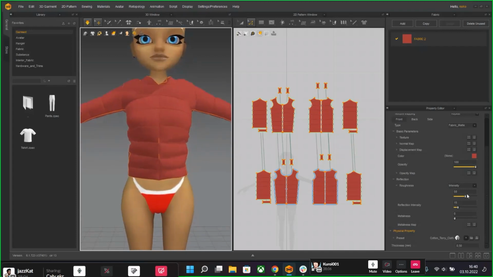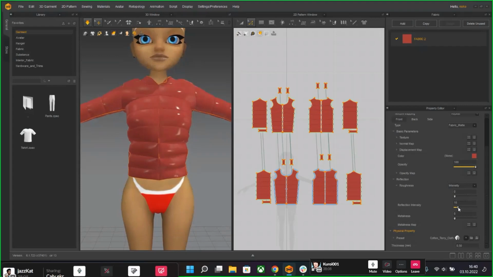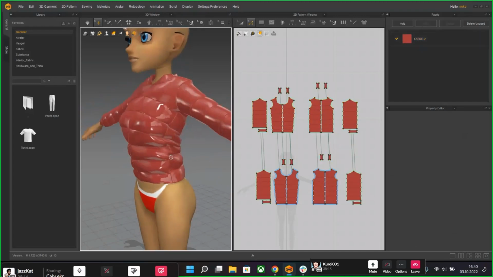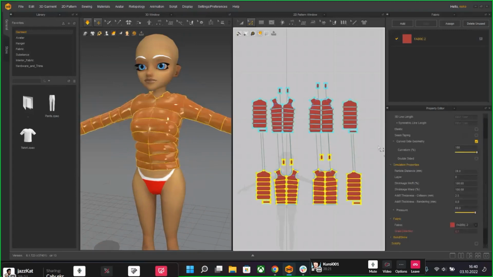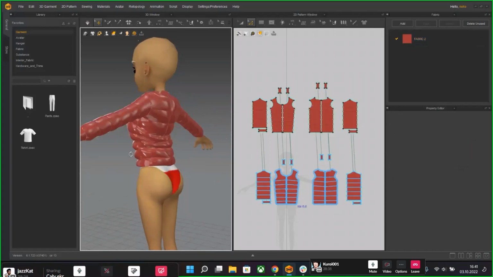If you wanted them to be more puffy, would you have to alter both of the patterns or just the one that's on top? I mean, you can try. Let's try to increase it to, let's say, 100. Oh, my bad. The 70 is maximum. So you can't increase only the over layer,